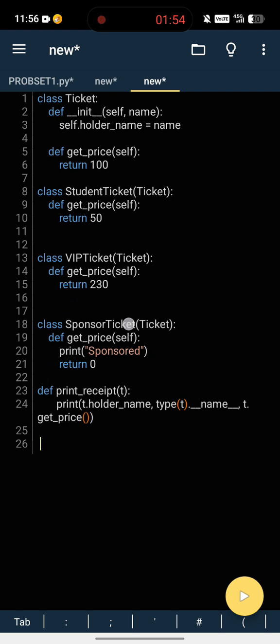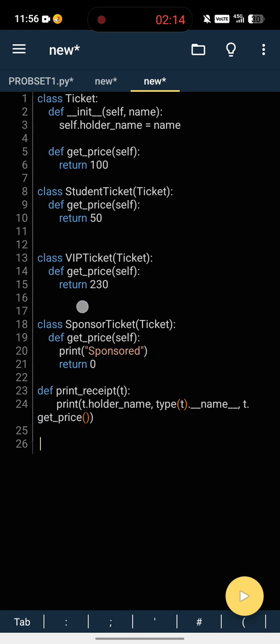And the sponsor ticket, which also overrides the method, and it will print sponsored and return 0 because sponsored tickets are free.